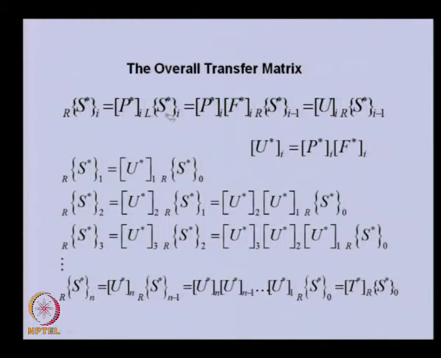So, if we substitute, we can now relate the state vector which is right of I minus 1 disk to the state vector right of ith disk, and this P into F we call the transfer matrix, and this is basically transferring the state vector, if we see from the figure,